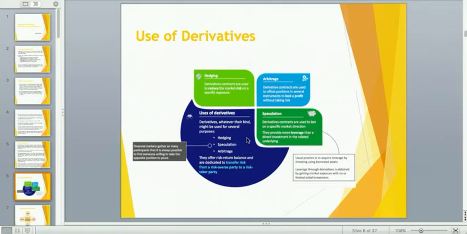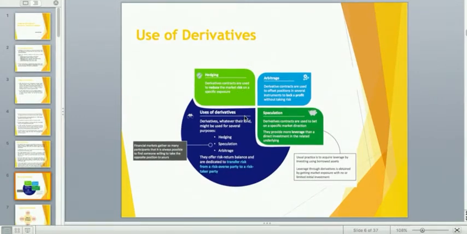So with that background, I think I have already told you about the three categories of investors that we have in the markets: the hedgers, the speculators, and the arbitrageurs. So with that intent, hedgers came in the market. Who are the hedgers? People who want to hedge their risk by taking certain positions in the derivative market. So to give you a very simple example,